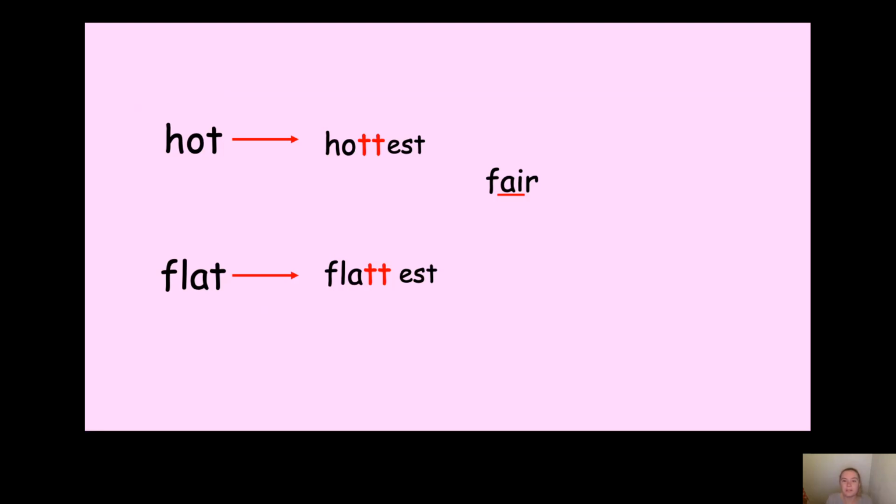It's not a single vowel sound. It is a digraph. Our digraph A, I. So therefore, do we double the consonant at the end? No, we don't, do we? Because it is a vowel digraph and not a single letter vowel. So therefore, that makes fairest. Okay, now